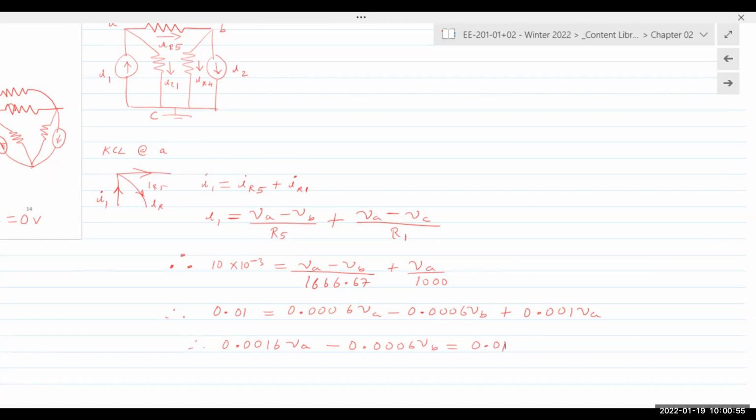Can I ask a quick question? Yes. I'm in your lab, and for the pre-lab, it's on node voltage. And I found all the node voltage